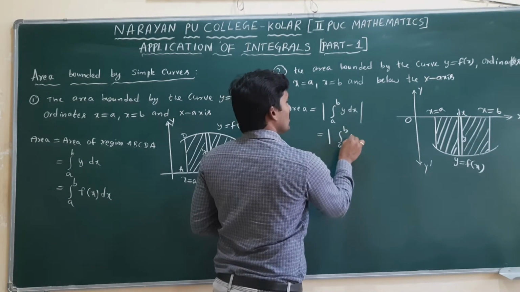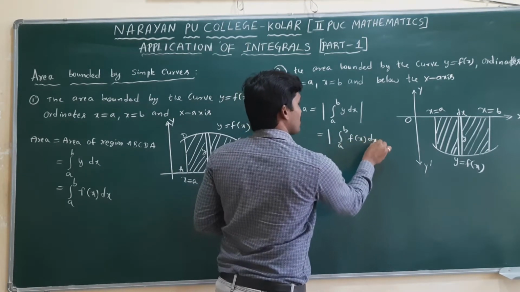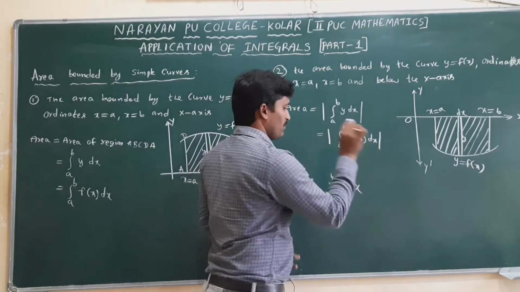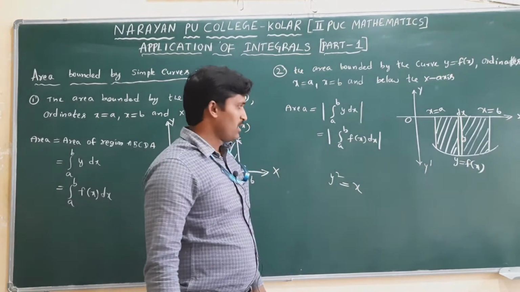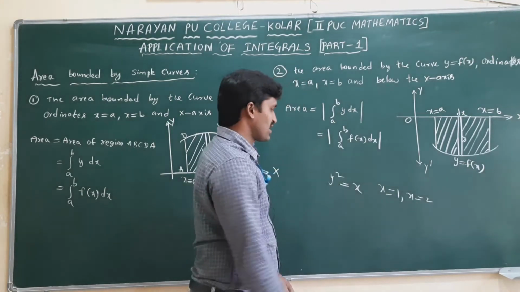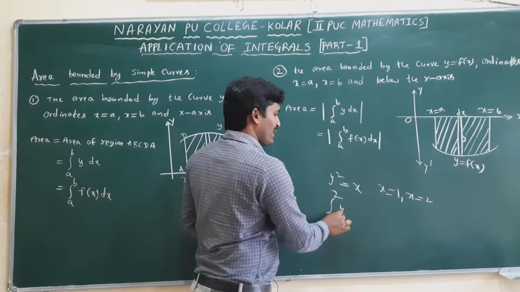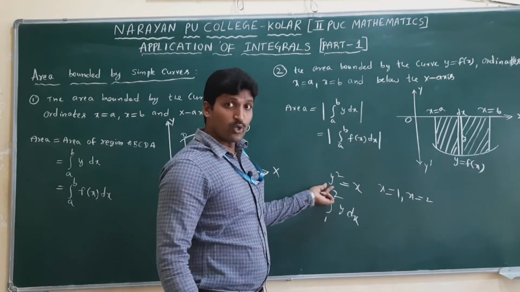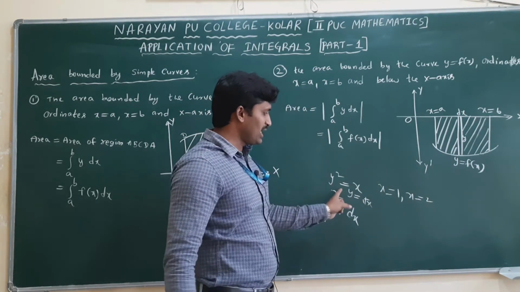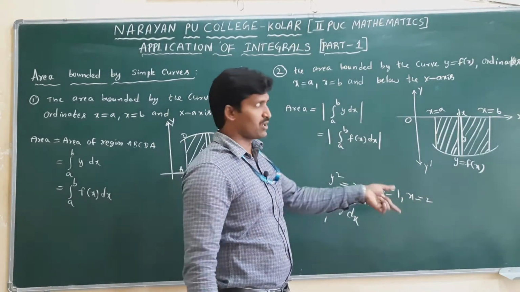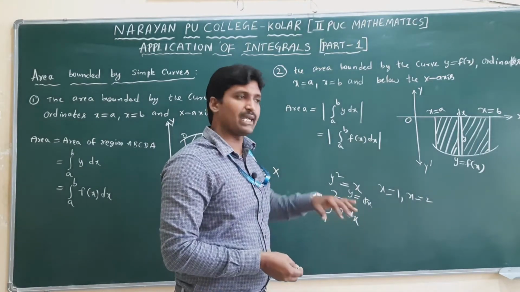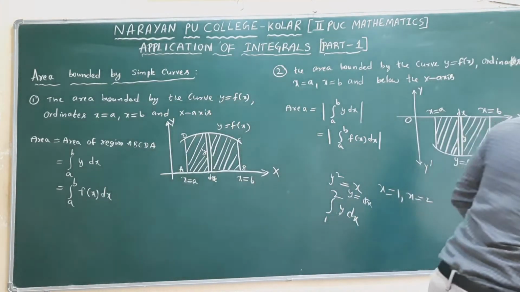Integral a to b, what is the y value? We need to convert it completely in terms of x. For example, like this is the curve. It's clearly a parabola. Now the limits are given, x value 1 and x value 2. If you want to find the region, what will you do? Integral 1 to 2 y dx. Y we don't know, we know y square. Y means root x. We need to convert y in terms of x. Y is equal to f of x. Now in the place of y we will take root x. Then we can integrate the complete region and we will get the area.